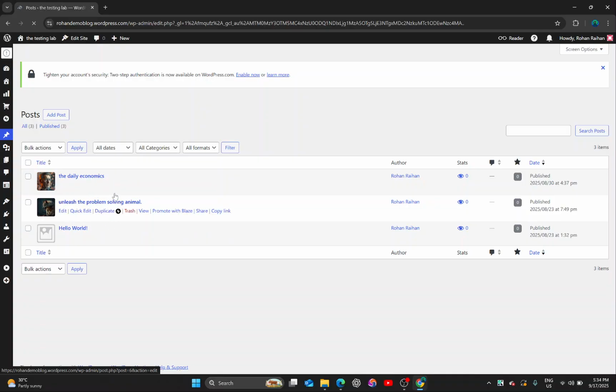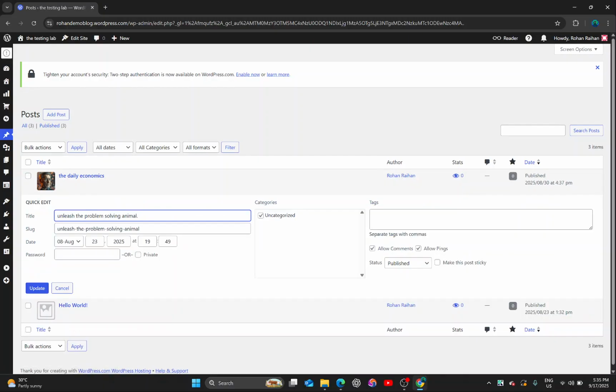Here you can see all of your posts, and when you simply put your mouse on a post, you can see there is an option called Quick Edit. Click on Quick Edit, and over here you can see the date option of the post. If you simply change the date over here, as you can see, I'm setting it to 5th April. Just simply changing the date,